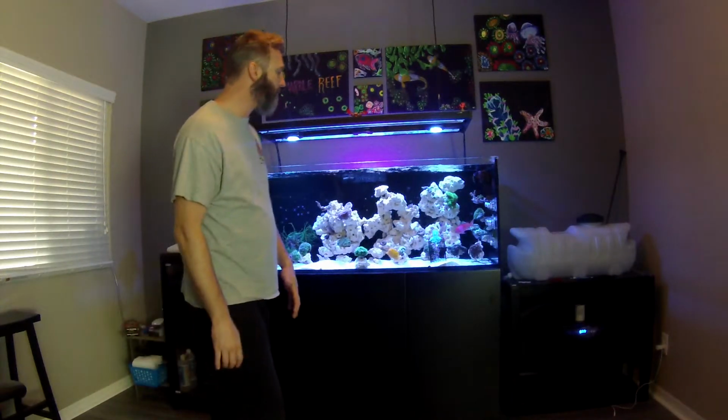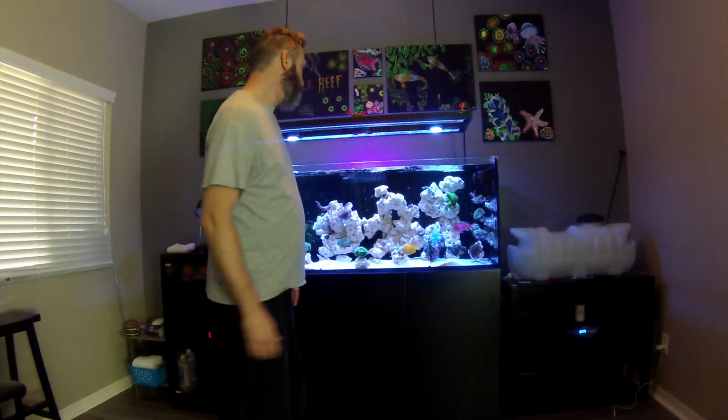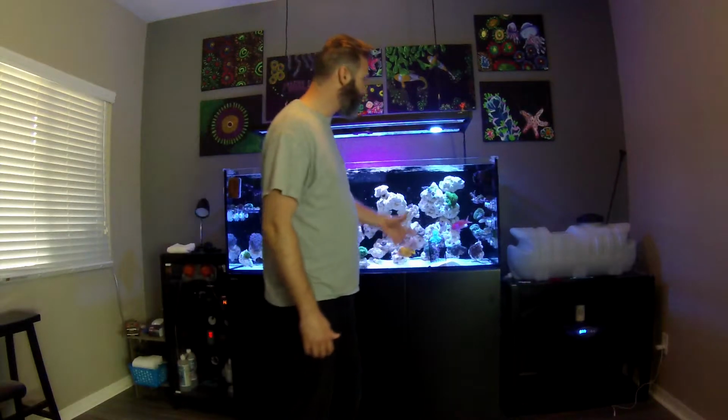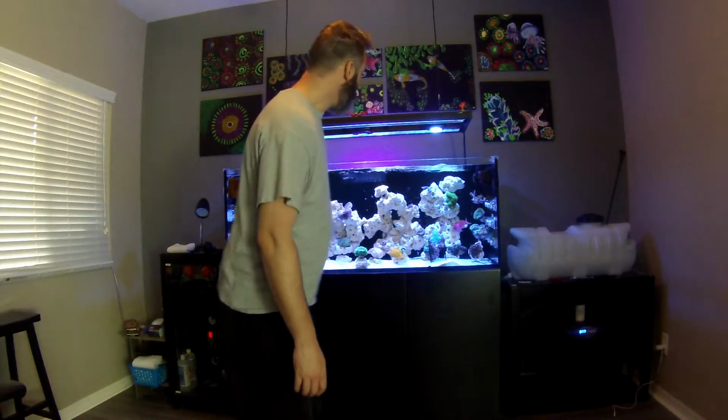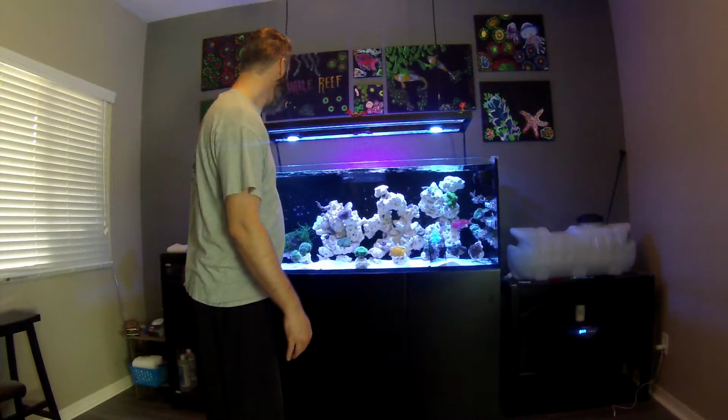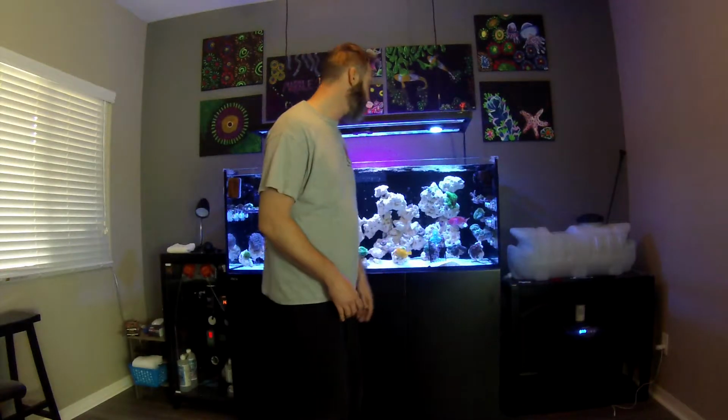My name's Jay. This is my Reef tank, and right now it's about 9:30 on Tuesday morning. So I just wanted to go over a couple maintenance things that I'm doing throughout the week. Right now, the tank is just starting to wake up. I've got my primes starting to kick on real low, and my T5s will come on around noon, so I'm excited about that. But what I like to do through the week, real quick, Mondays, Thursdays, Fridays, Saturdays, Sundays,